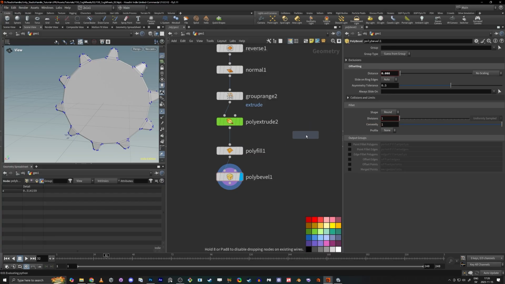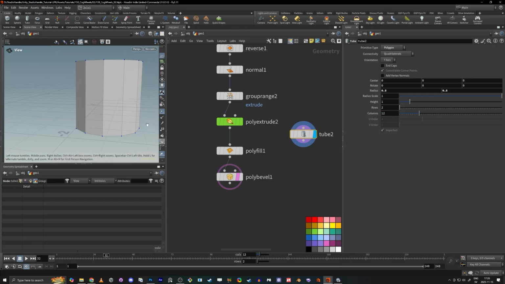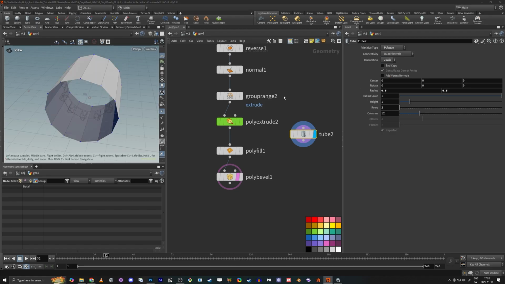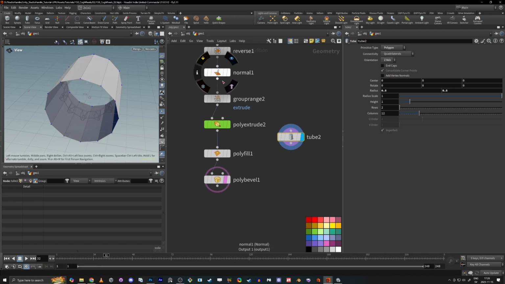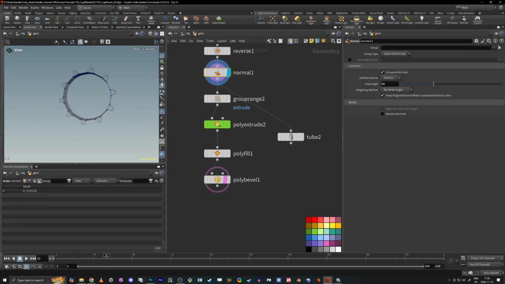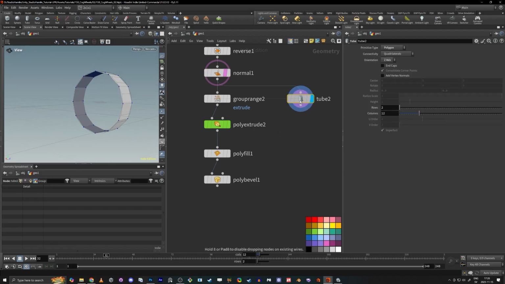So if you add a tube, I'm just going to reference the cogwheel. If you see the tube, it's kind of standing. You're going to have it in the Z direction like this. And then if I do the normal here, it takes this shape, and this tube is trying to match it up. So you can see it doesn't have the same resolution, but it's doing the same size. And the reason I do this is because I want to